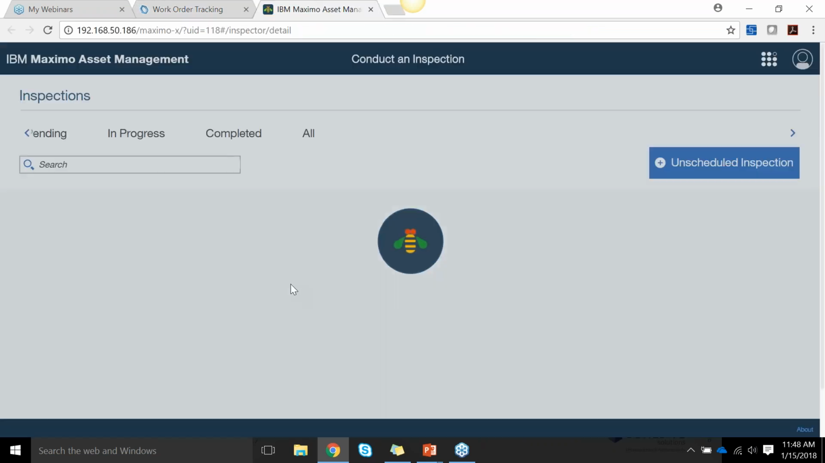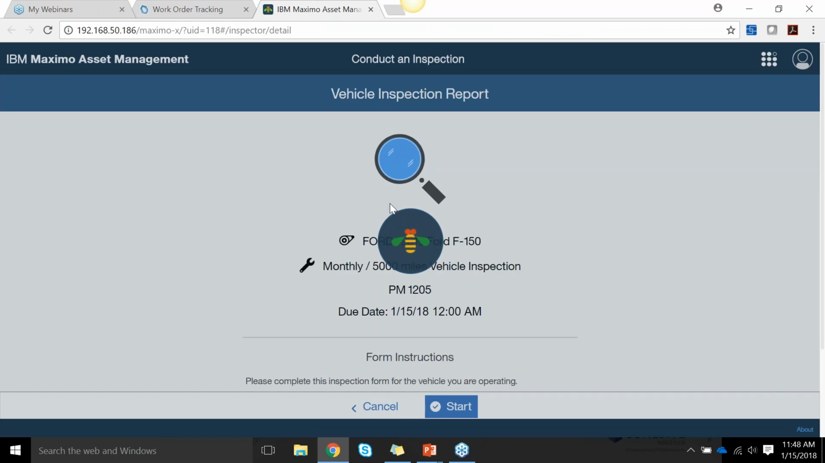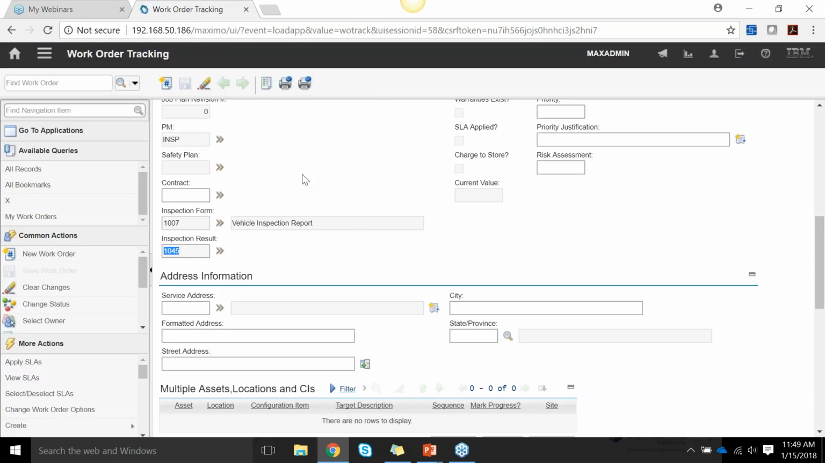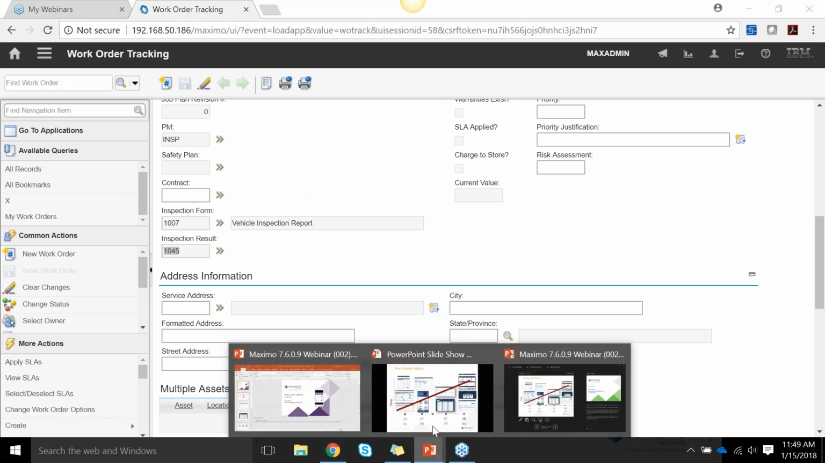And if I click into this, it's going to load up here, but you'll notice that I have the asset here in the background, a monthly 5,000 mile vehicle inspection, the PM that it was generated from, and the due date here as well. And so that's kind of a look at the new inspection features. And so you can see how great of an improvement it was to be able to actually make that tie into